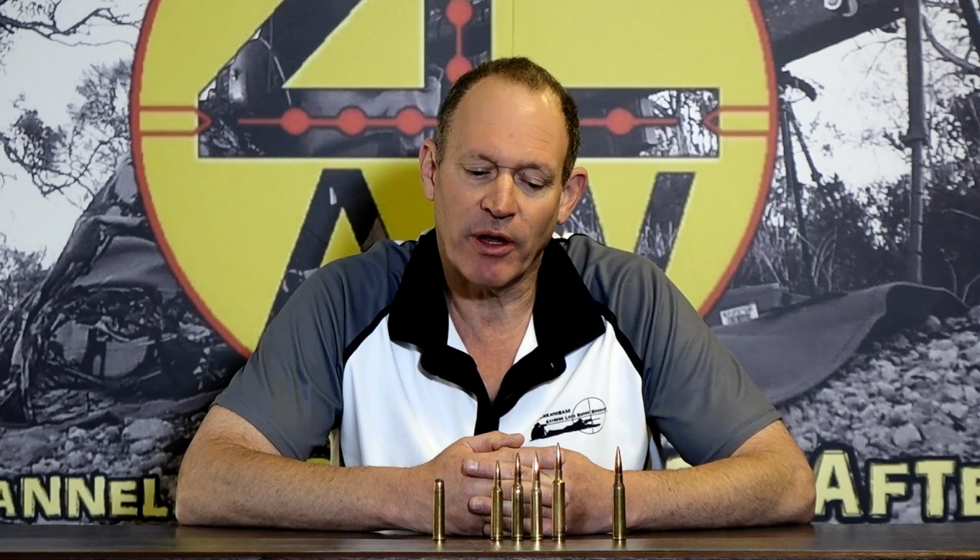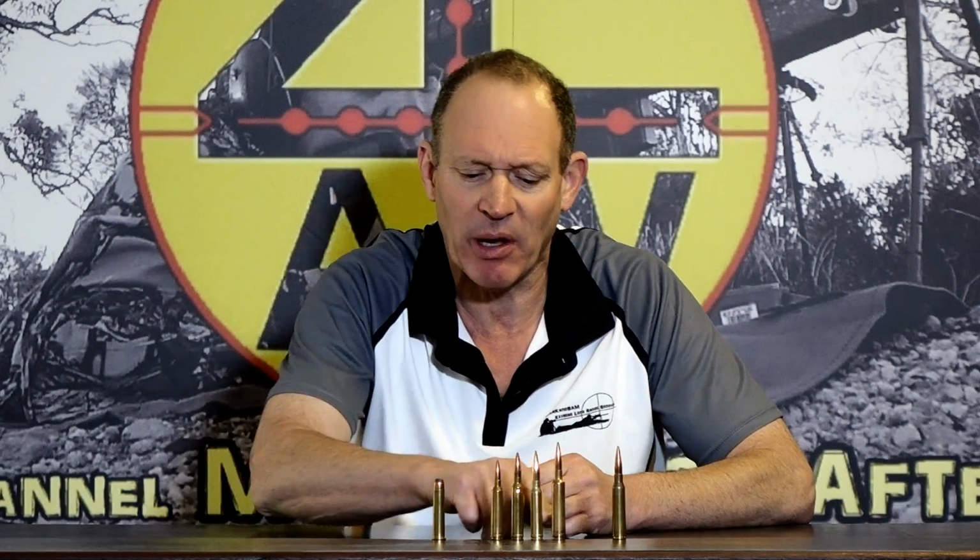This one is on the belted Magnum. There's a common misconception that a belted Magnum has the belt because that's what they had to do to make them stronger. It was about dealing with the Magnum pressures, more pressure, and so they needed a belt around the bottom